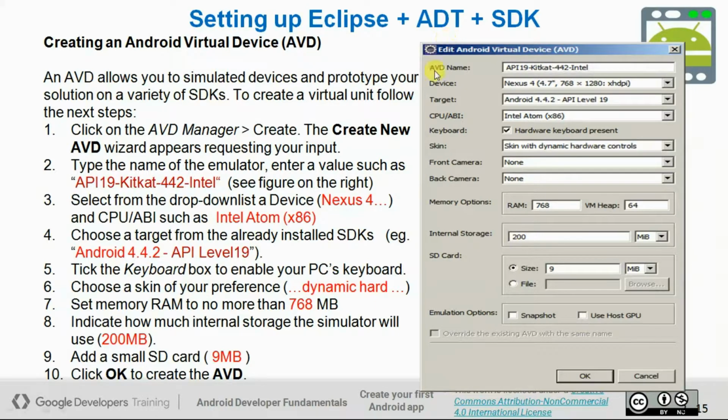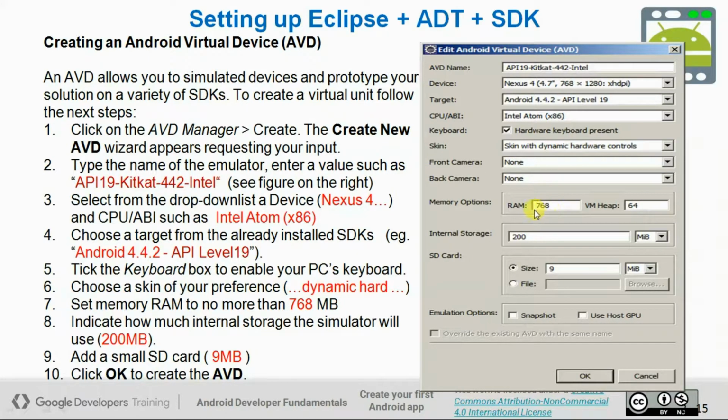So while creating an Android virtual device in Eclipse you have to set the device name and target name. You have to choose the CPU also, like Intel Atom. The list will be there, and you have to choose from it. For the skin, if that's not applied, click on none, no problem. For front camera or back camera, if your virtual device has any camera set up, then you can use front or back camera, otherwise you can use none.